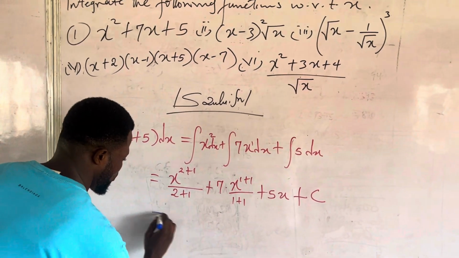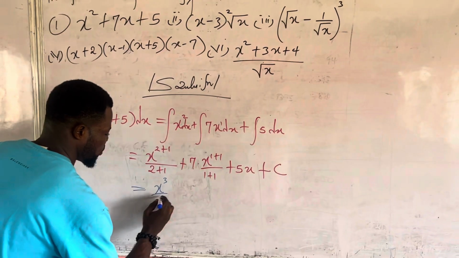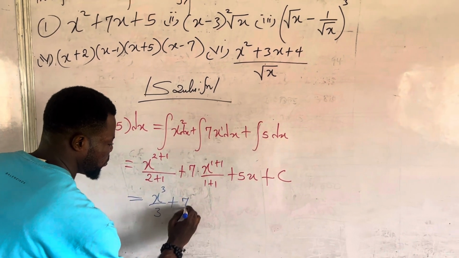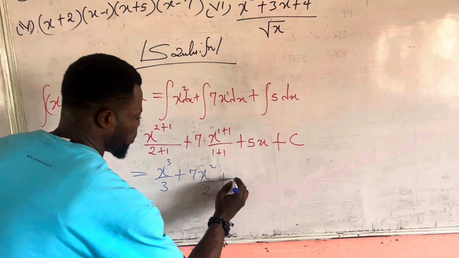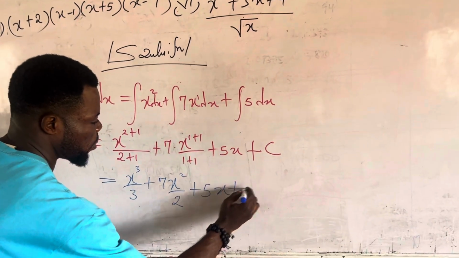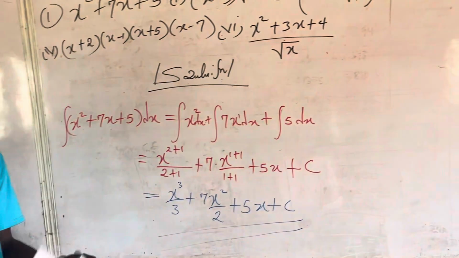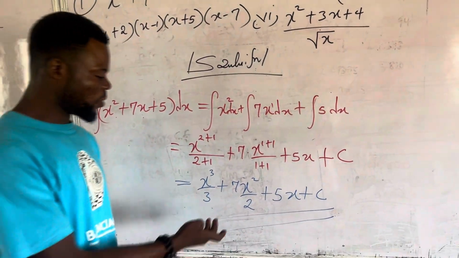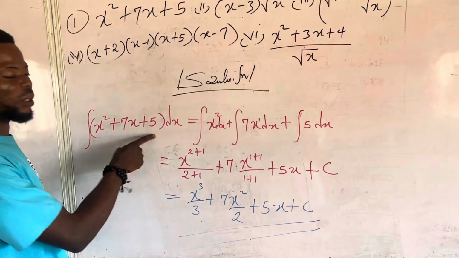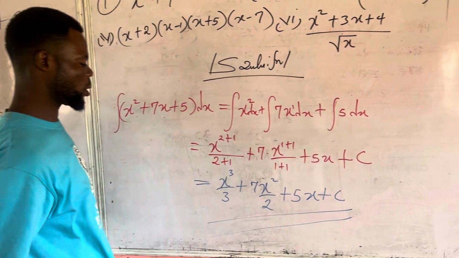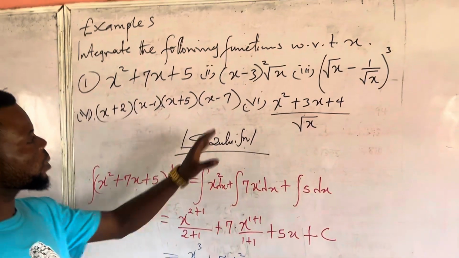So this will give us x raised to the power of 3 over 3 plus 7x squared over 2 plus 5x plus c. So this is the integration of this. And if we differentiate this function again, we are still going to get the original function we just integrated. So you can also try this at our